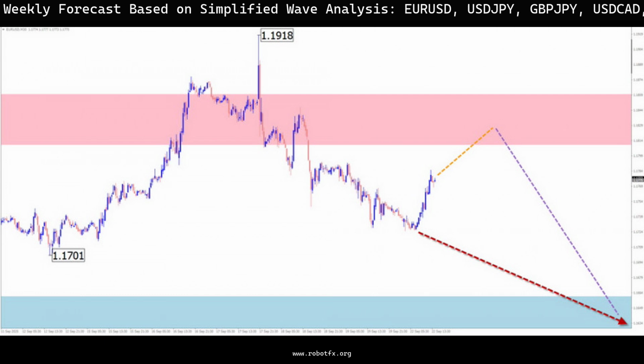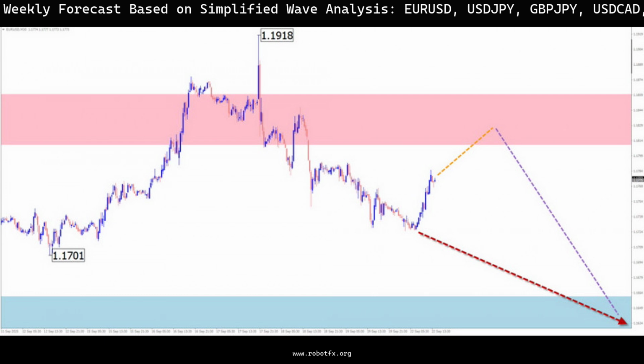USDJPY brief analysis on the chart. A bearish wave structure opposing the previous bullish trend has been forming since August 1. This structure is at a high wave level, and its middle segment B in a sideways range is nearing completion. The price has created a horizontal channel a few figures wide. Forecast for the week: